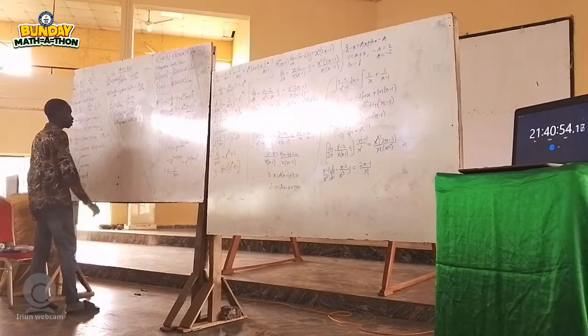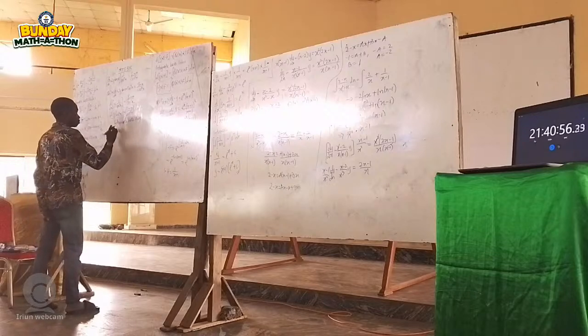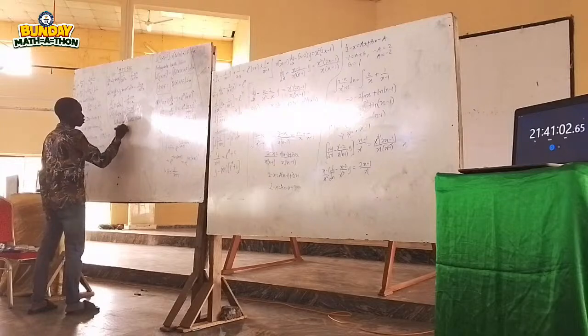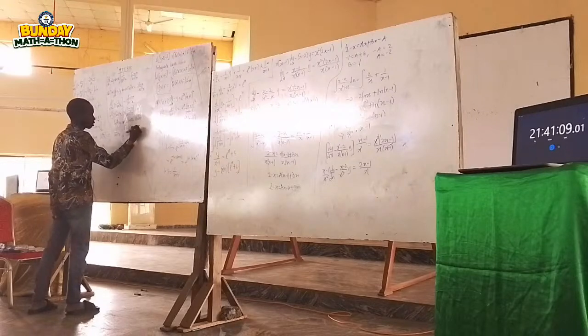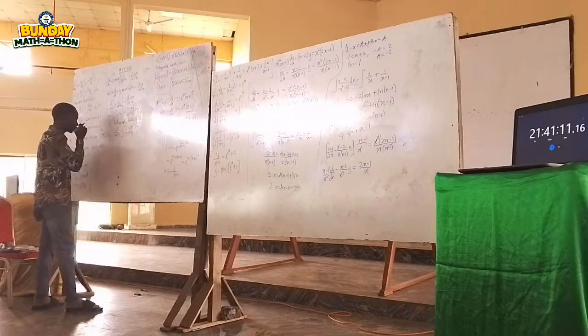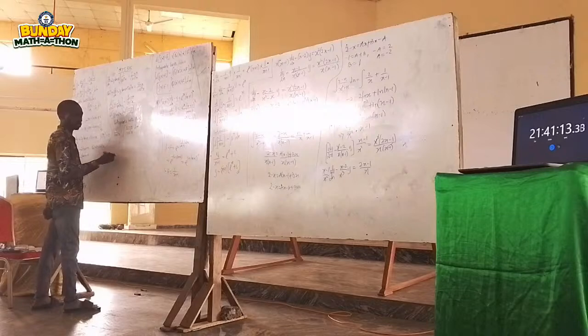So if I integrate both sides, what do I have? I have y over cos squared x equals the integration of sin x over cos squared x dx. So from here, I think it's advisable to use substitution. That is,